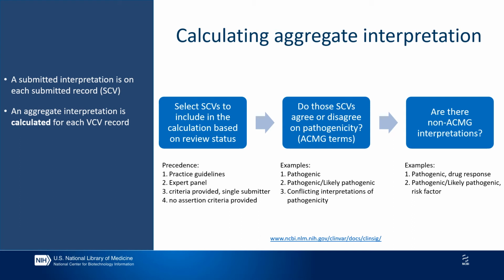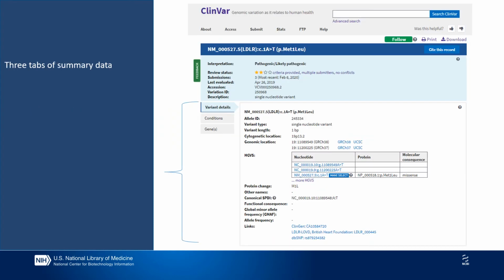So more information about how we calculate ClinSig and how it can be submitted to us is available online at this link. So that is the aggregate section at the top in this blue box, and that's followed by 3 tabs of summary data. And the variant detail tab is what you see by default. So this variant details tab has general facts about the variant, including the type of variant, where it is in the genome, HGVS expressions, and links to related